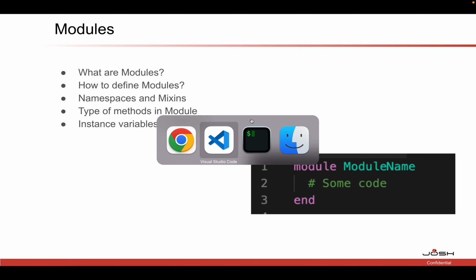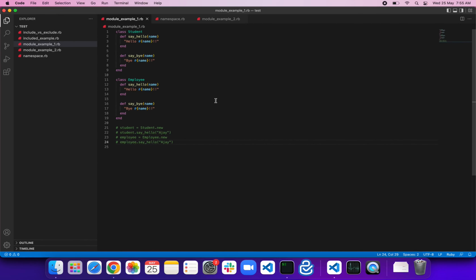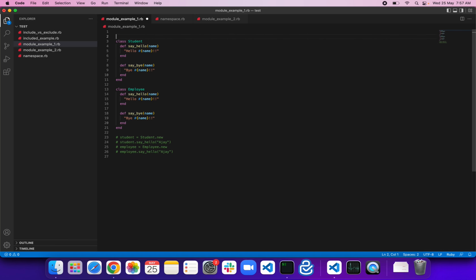Now let us move back to our examples and see how we solve them using modules. We have already seen this example, and the way I access these methods, as these are instance methods, is by creating an instance of student and then accessing them using the dot operator. Let's see how we can solve this problem using modules. The problem is that we want to group these methods, but we do not want to make a class out of them. So what I would be doing is